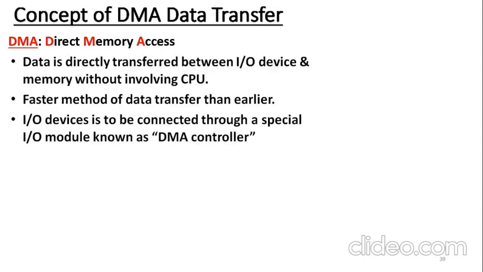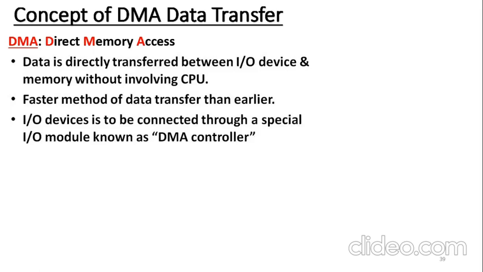Then next comes the concept of DMA data transfer, but not the DMA operation, in this lecture for minimum mode operation. Here DMA stands for direct memory access, which is one method of data transfer where the data is directly transferred between the IO device and the memory device without involving the CPU. That's why it is called direct memory access. The IO device is supposed to access memory and get that particular data from memory or transfer data to memory, the entire block of data.